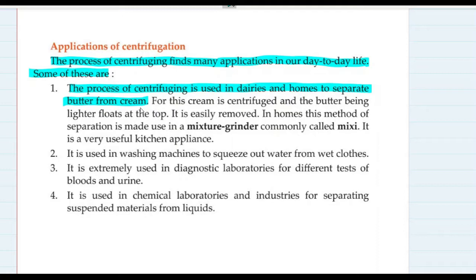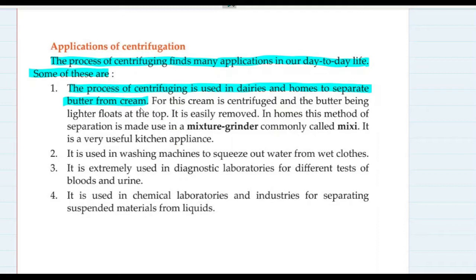Buttermilk is the same thing as you know as chaach, but that is not obtained from curd. This buttermilk is obtained by churning cream, which is obtained from milk. The white butter which you obtain, when you heat it over a period of time, gets converted into ghee, which is solid or semi-solid saturated fat, and it also comes in liquid form. So the process of obtaining ghee from the cream of milk is basically centrifugation.